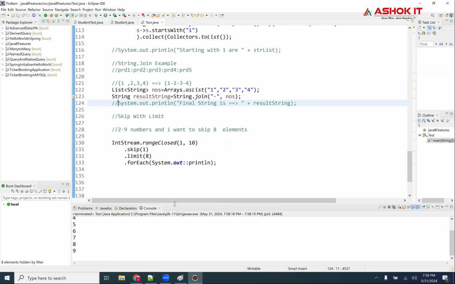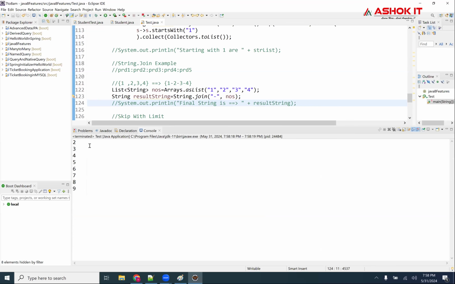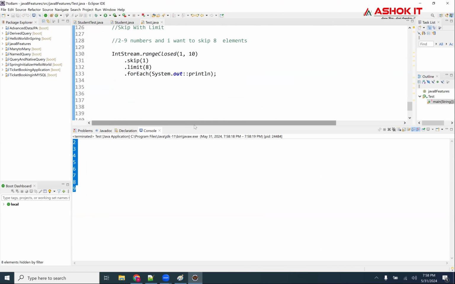How many elements are there? 8, right? You saw limit 8. I want to skip the one, and after that, I want only 8 elements. So that is the case of skip with limit.